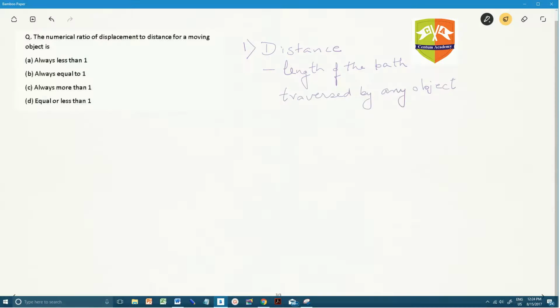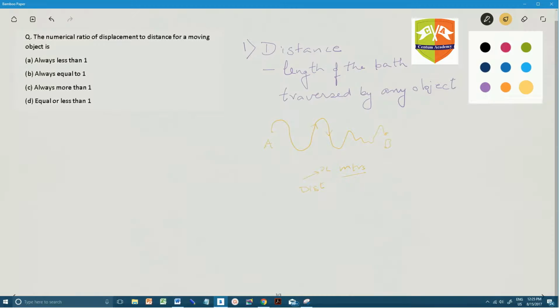we have an object at point A and it goes to point B. Okay, now let's say this is the actual path taken by the object, so it is traveling like that and finally ends up at point B. So this is the sense of motion. So now let's say the actual path length of this was x meters, okay, x meters. So hence this is distance,